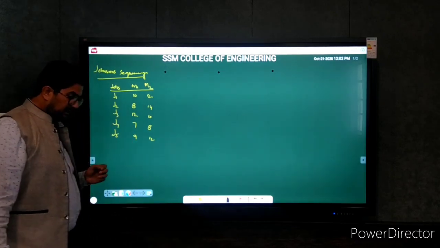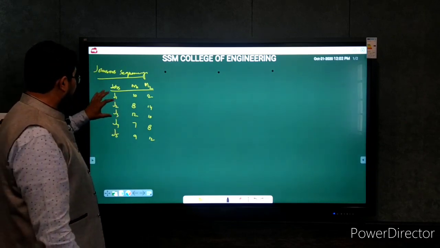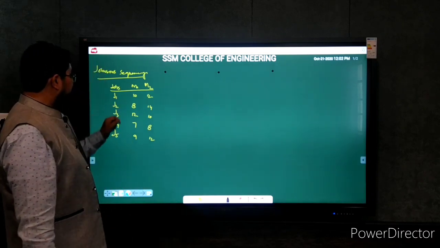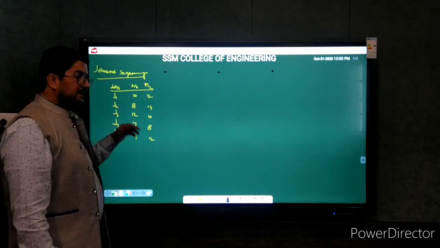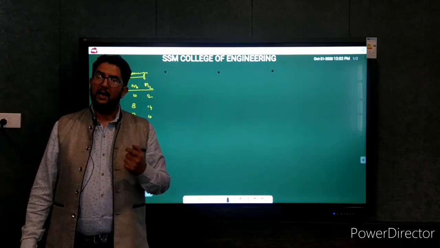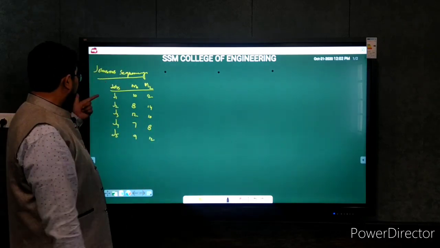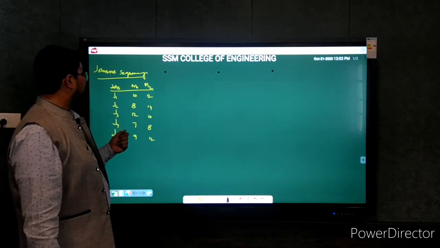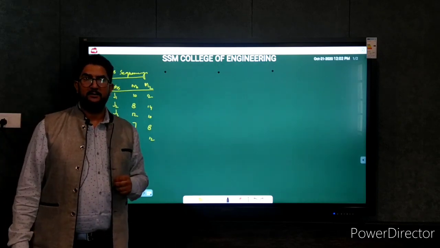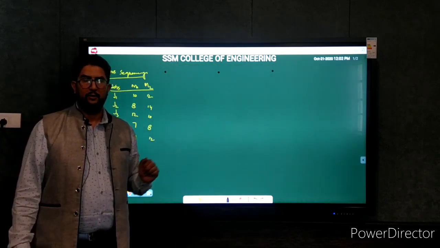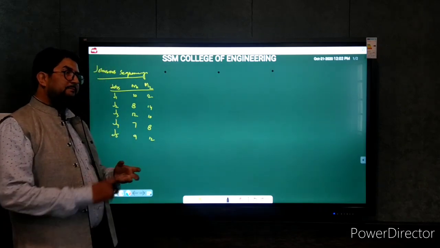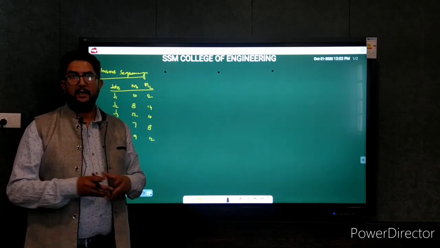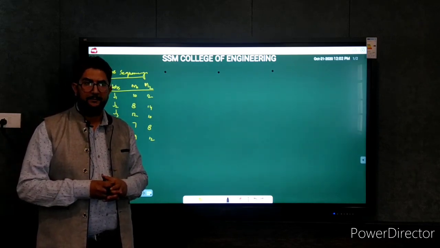Before we proceed, one thing comes to our mind, that we want to complete all these jobs at minimum possible time. Let's say these times like 10, 12, 8, 14, these times are in terms of hours. So for example, J1 is a job and it takes 10 hours in machine 1 and on machine 2 it takes 12 hours to complete the job. We would like to complete all these jobs at minimum possible time, because time is money. We'll have to save time.